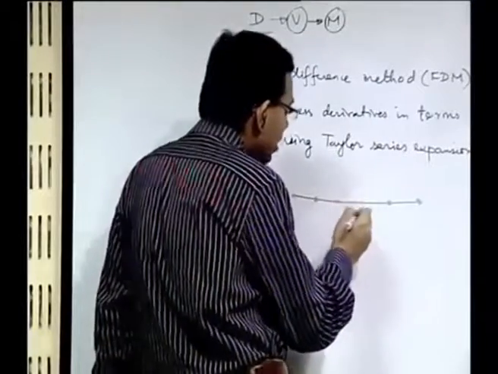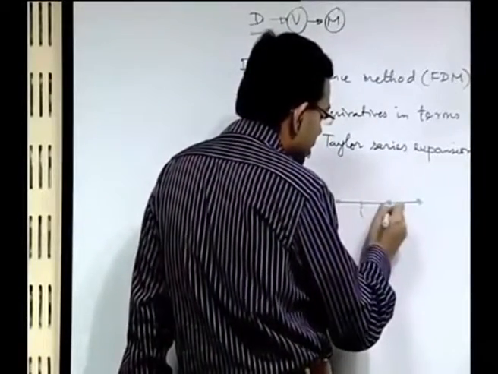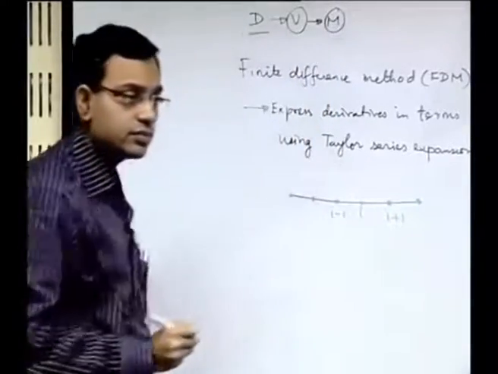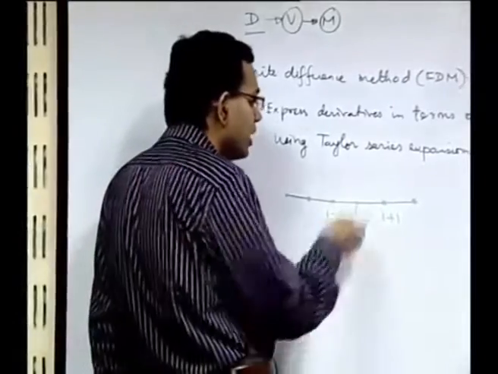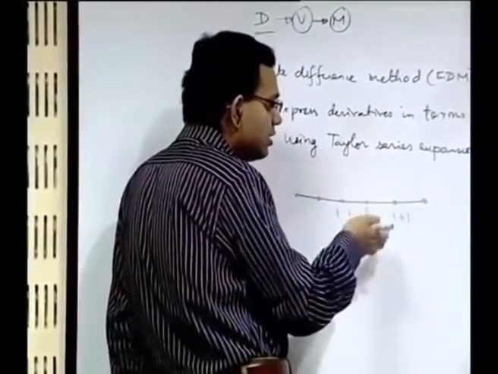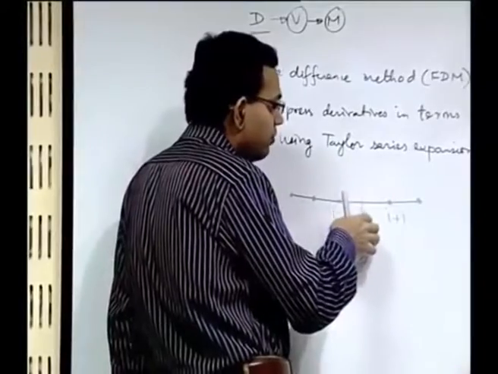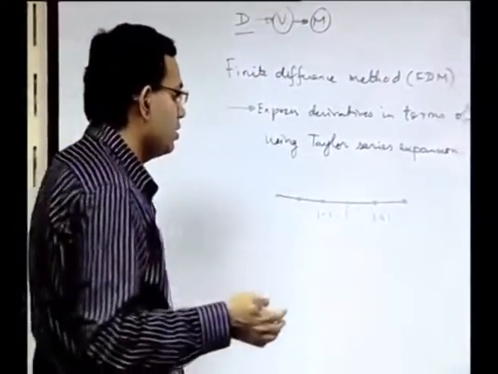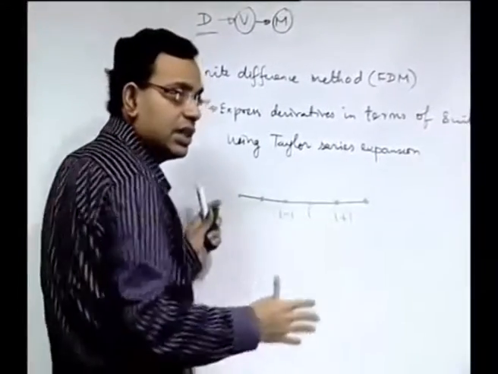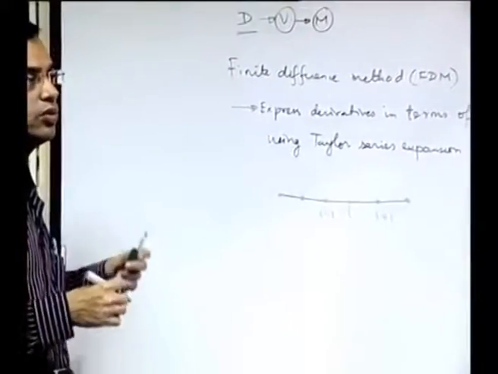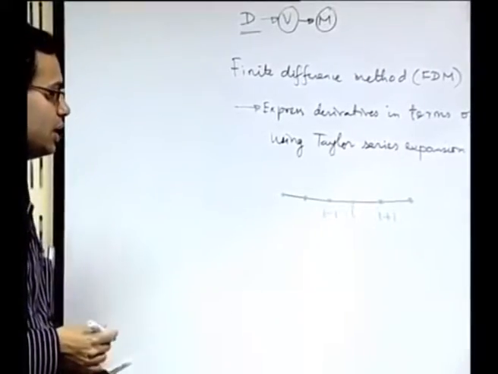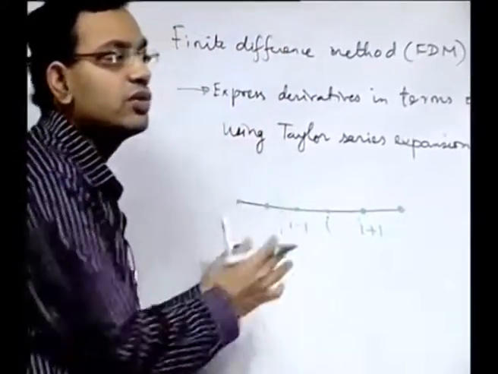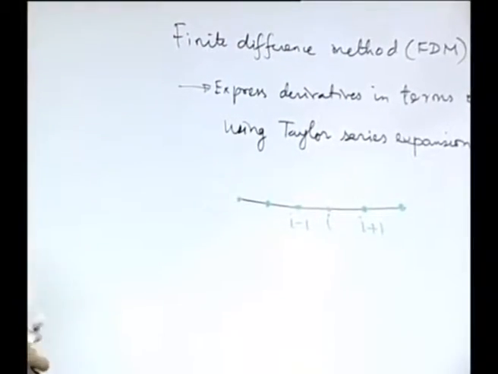So let us say that you have some grid points, say I, you could have I plus 1, I minus 1. In a 2-dimensional framework you could have the other direction. So here then you would have I comma j, I plus 1 comma j, like that and so on. Now we are just considering a 1-dimensional example to begin with. Of course we will go into more details in our subsequent lectures, but the objective of this part of the lecture is to introduce the method rather than going into more details of the method.